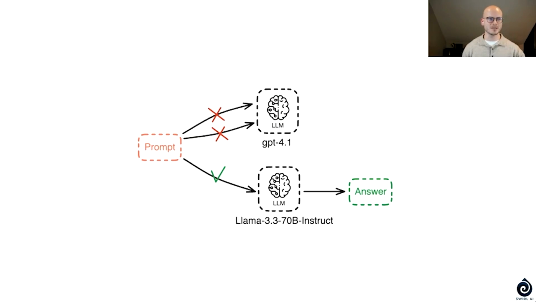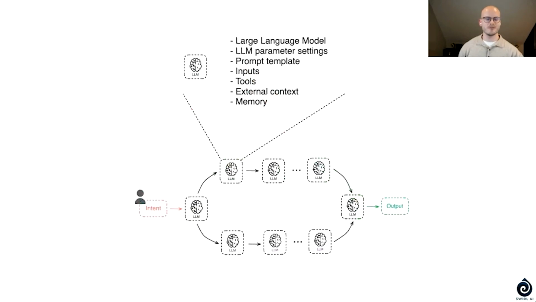your system is now robust because you will be rerouting if the model fails to return an answer, you will also need to have an additional layer of developed system. So in this case, each of the routes needs to have its own separate set of these parameters, right? So a large language model is different, then the prompt has to be different in order to achieve the same result. So what that generally means is that if you implement routing for, let's say, a single reroute, you will